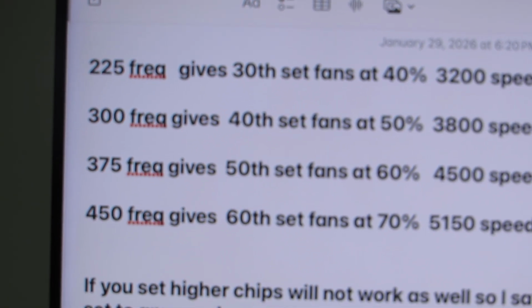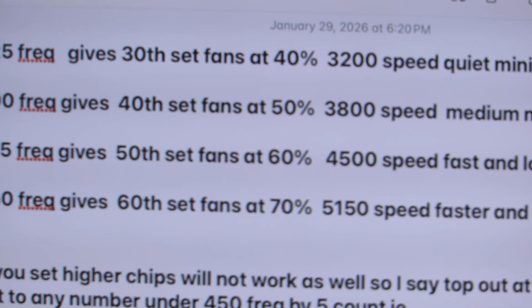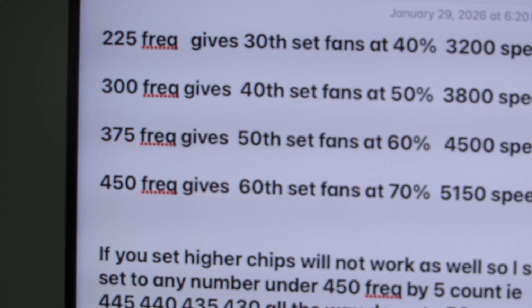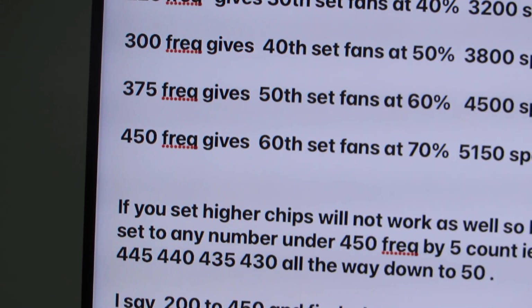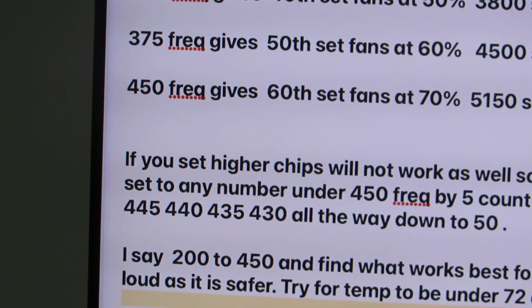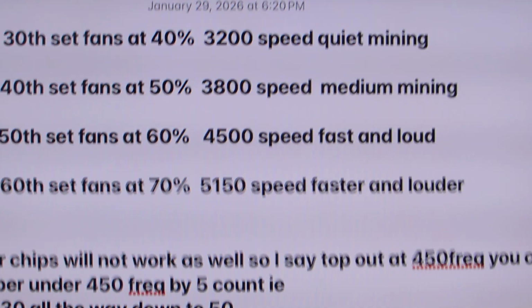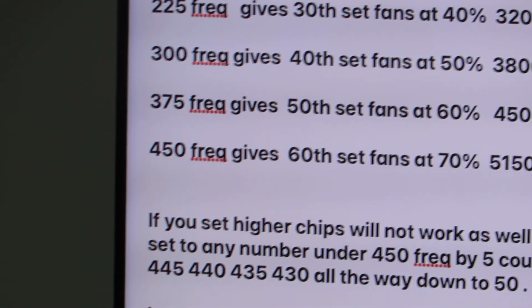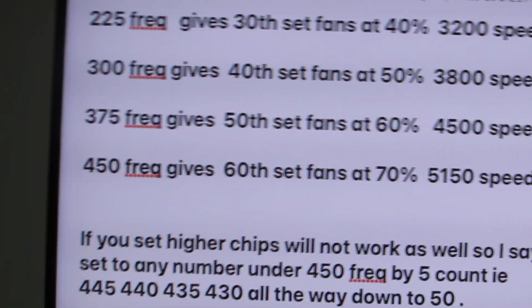You can go to 225 frequency. You look a little more. You can go to 300, 375, 400. The different speeds, different fan settings. And you can see if you lower the fan a bit, it'll still stay cool if you lower the frequency a bit. Now I had just lowered the frequency